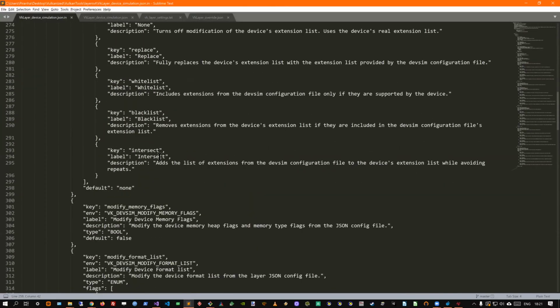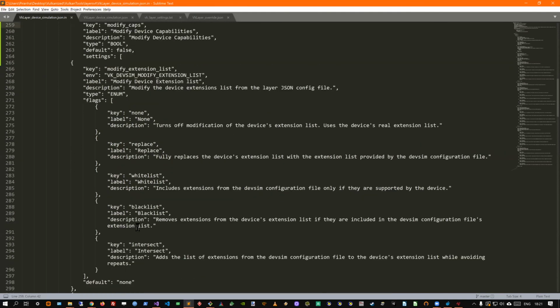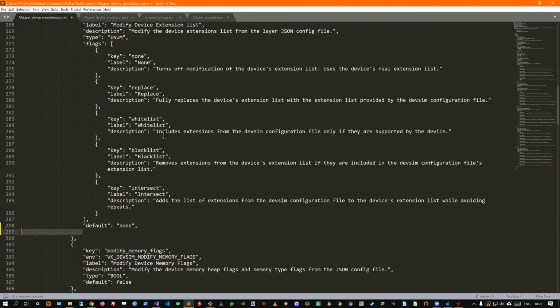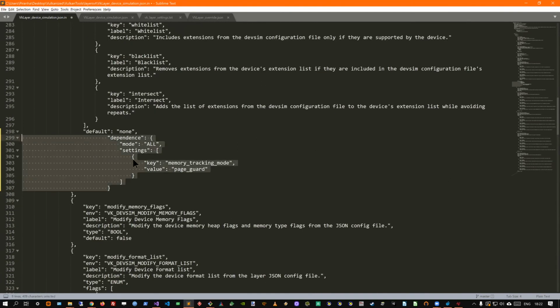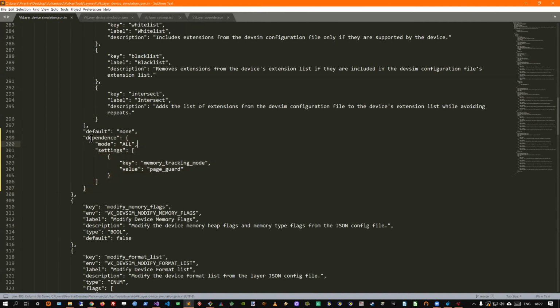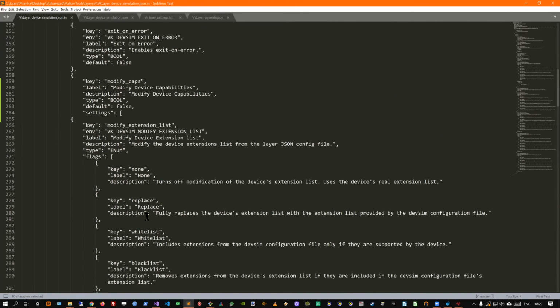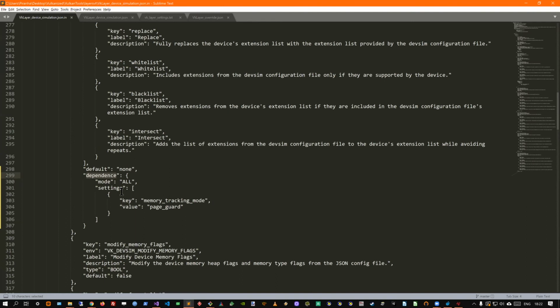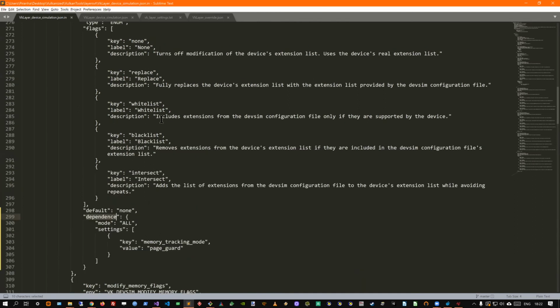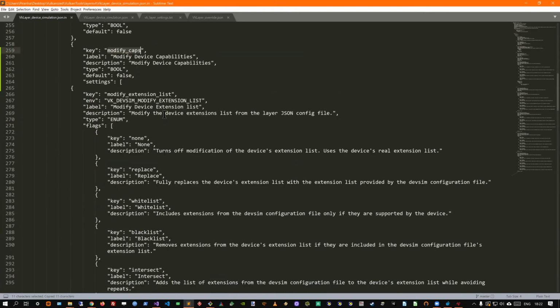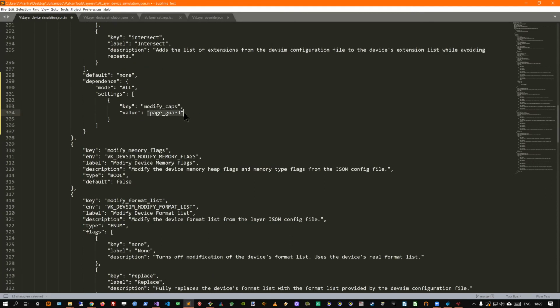I'm just going to modify one setting, and that will be enough for the demonstration. There is an element we can add to the specification of a setting, which is dependence, and for that setting we can have multiple settings set to specific values. For this case, we will just use one value, and we will want the value to be true.